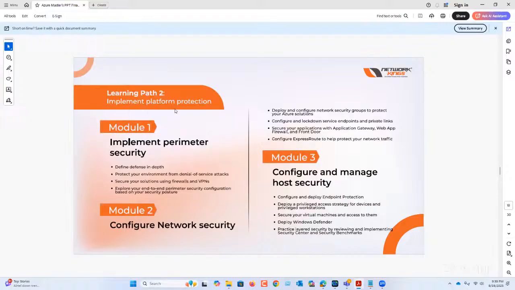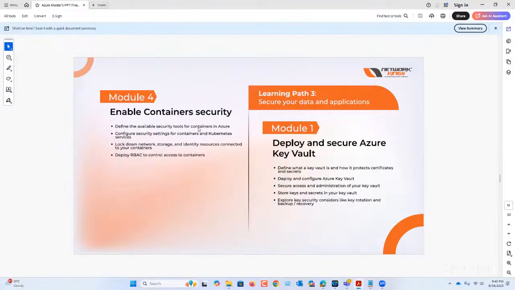Learning part 2 is your platform protection. Platform protection covers your defense in depth, VPN, firewalls, NSGs, DDoS protection, WAF, all those things, and container security best practices.